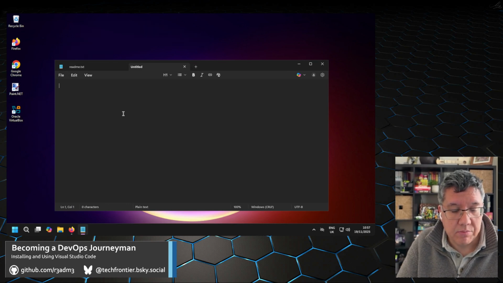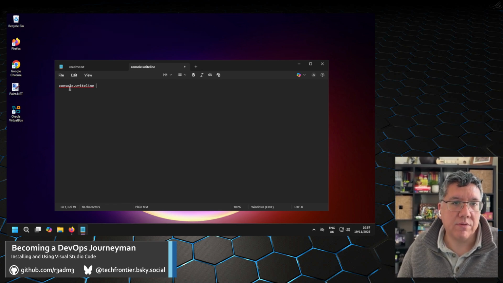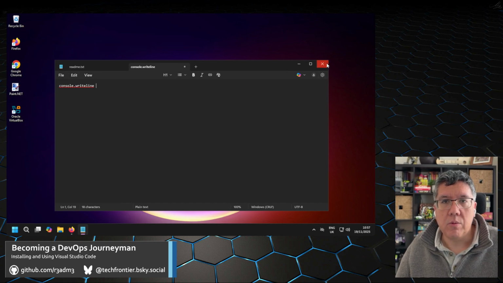If you were writing some PowerShell, you could start to write some code like this and then save it out. But the window itself doesn't give you much. There are lots of quality of life features that are missing from Notepad. It's purely just a text editor. So what we can do is